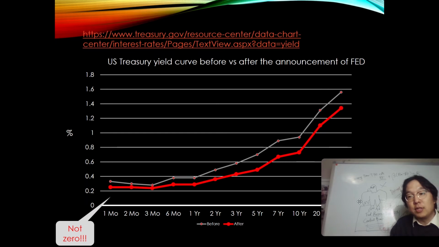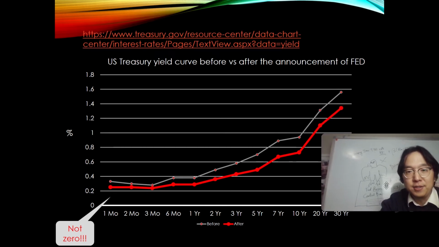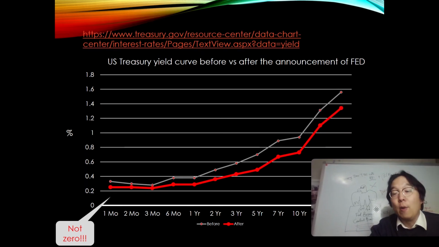And what you see on the horizontal axis is their maturity, from 1 month, and then 2 months and 3 months, all the way to 30 years. Wow. To have a 30-year maturity Treasury, you need to have a very stable financial system that could last 30 years in a predictable manner. Korea used to have only 3 years maturity when I was your age. Nowadays, 10 years or more is available as the Korean financial market gets mature.